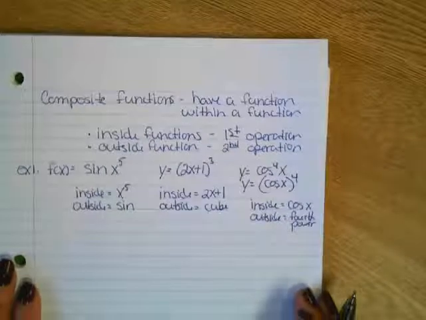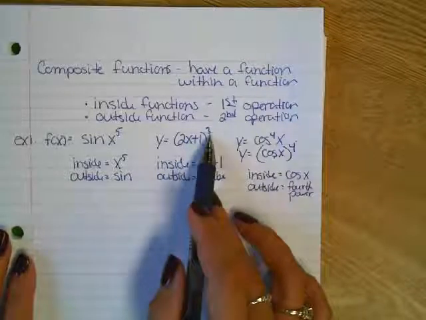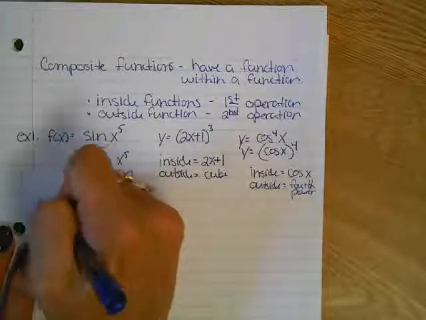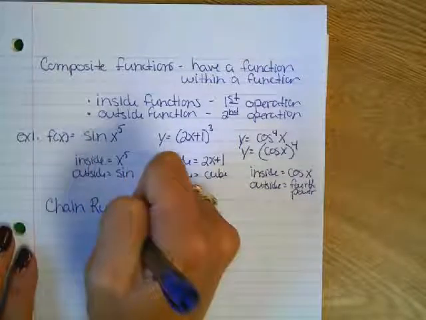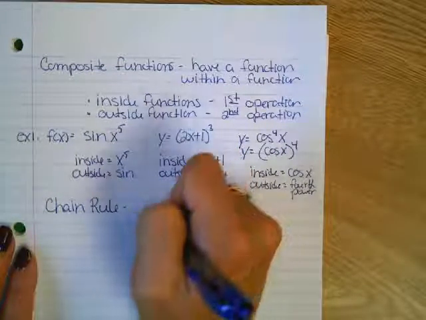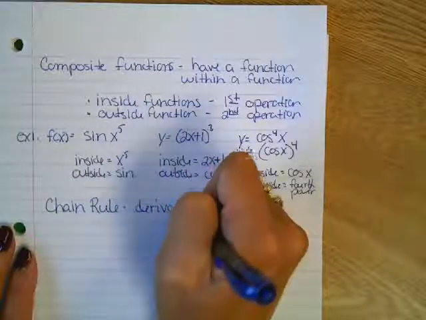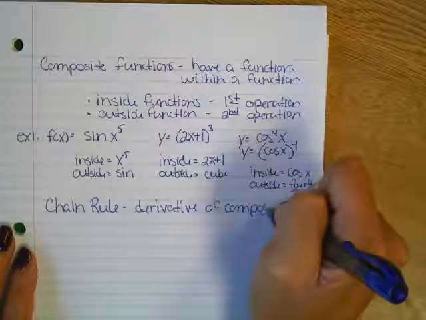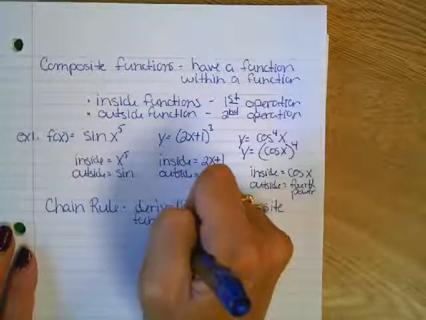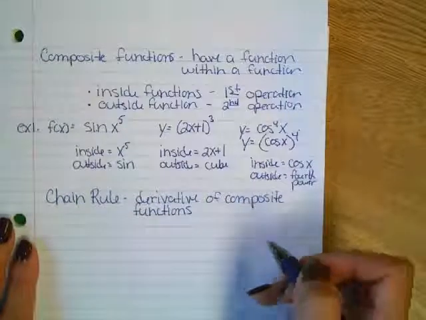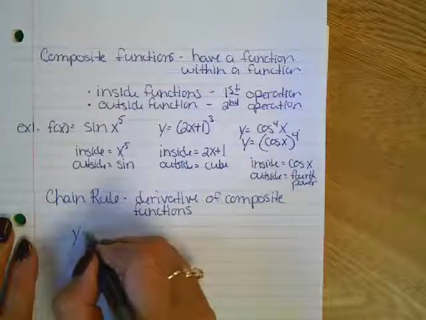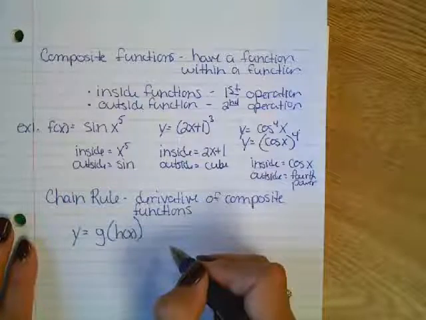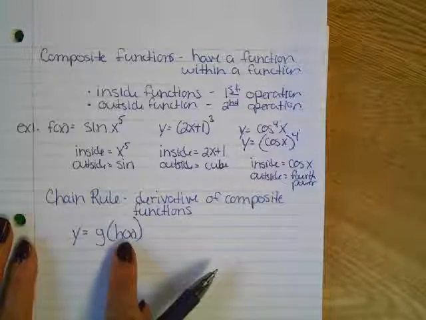Okay, so we are now going to have a shortcut for doing outside inside. If you remember, in order for us to do something like this, we had to expand it with Pascal's triangle. Now you're going to have a shortcut, and the shortcut is called our chain rule. So our chain rule says, first of all, it's for the derivative of composite functions. So for example, composite means you've got an inside and an outside. If you want to do the derivative where you have an inside and an outside function,